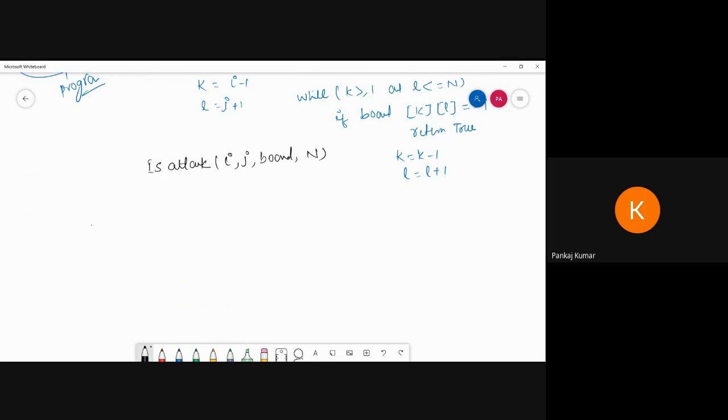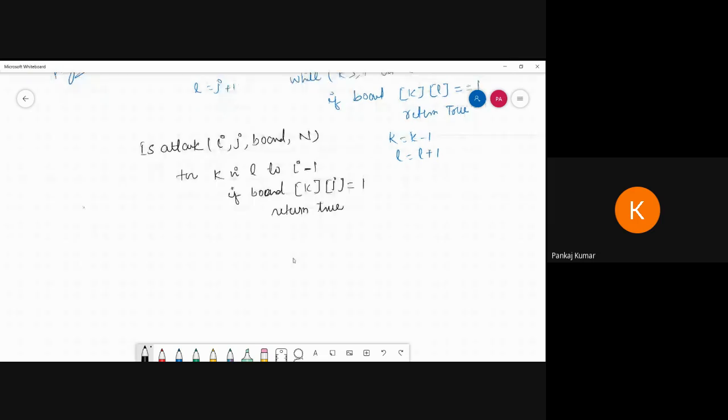For this I am writing for k in 1 to i minus 1, and if board of k comma j is equal to 1, then return true. Now I'm going to check the upper diagonal.